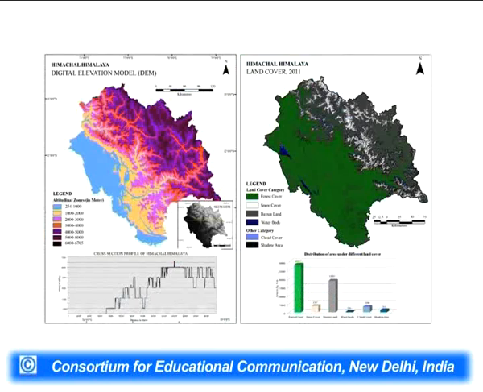So, for better understanding of the Himachal Himalaya, with the help of the digital elevation model, we have prepared the elevation zones, and 7 categories have been demarcated here. We can also see this longitudinal profile of the Himachal Himalaya, how it crosses. So, the Himachal Himalaya is not only plain area, but it is also touching the height of 7,000